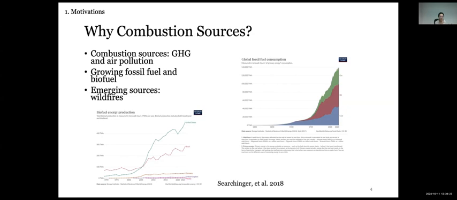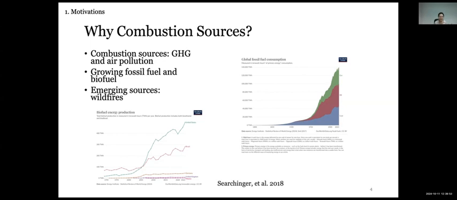And more importantly, it means that climate actions targeting combustion sources can generate large ancillary health co-benefits from air quality improvement. So understanding the health costs from combustion sources can help us to better define and design the regulation policies targeting both air pollution